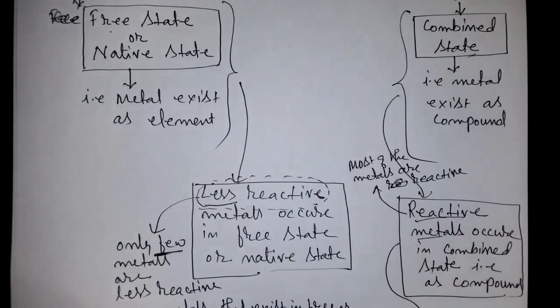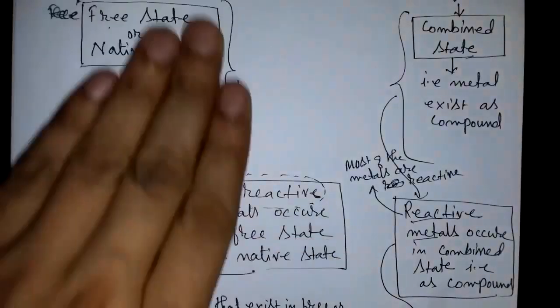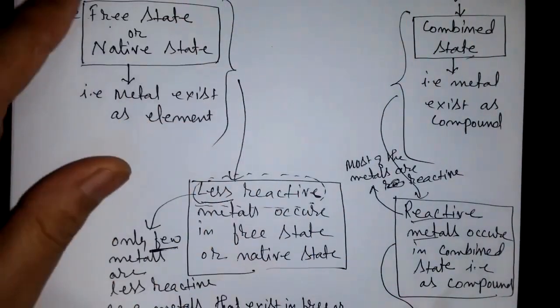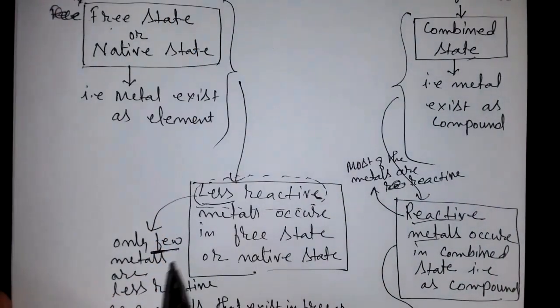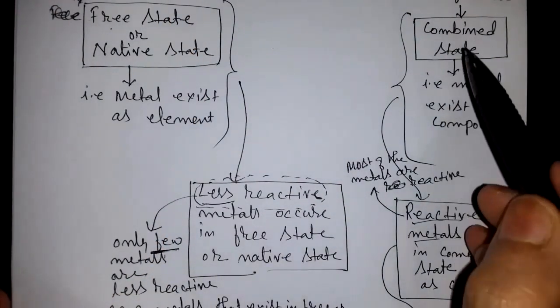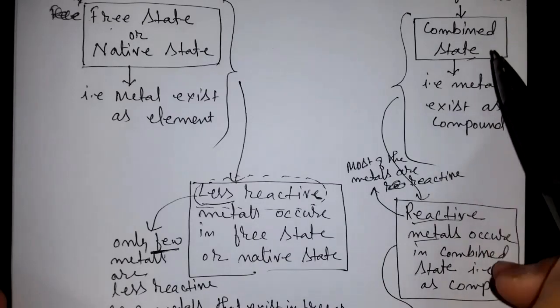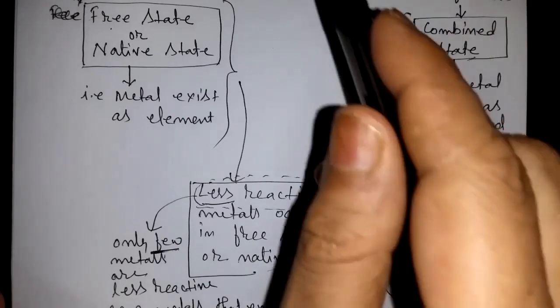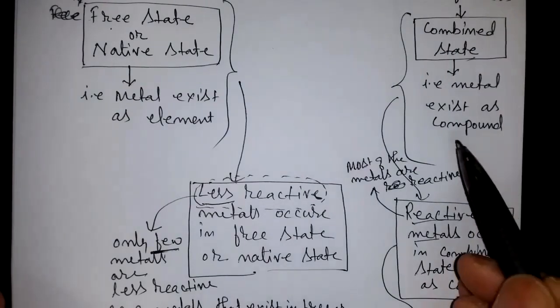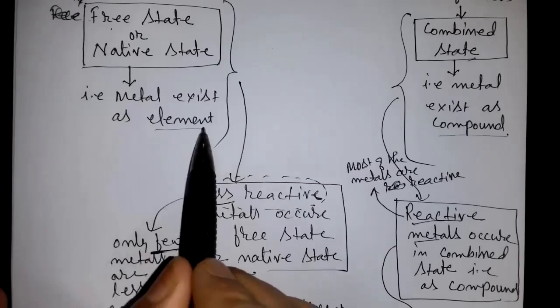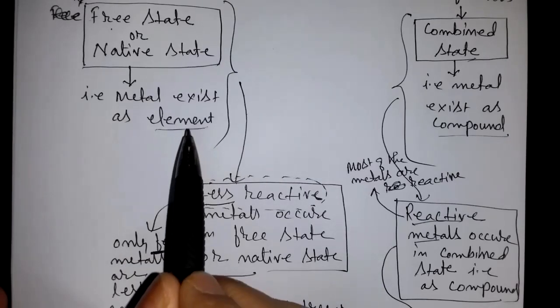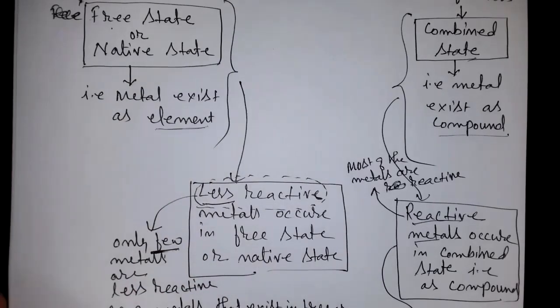So after this, I will be discussing extraction of metal, that is metallurgy. So when we discuss metallurgy, we'll be ignoring this part. That means metal can exist in free state. This will be ignored, because free state only few are there and the majority are in combined state. So when we discuss metallurgy, we'll be saying that metal which is inside the earth crust is in the form of compound. Does not mean that metal will not be in the form of element also, it will be there, but only few. So this part will be neglected in our next discussion.